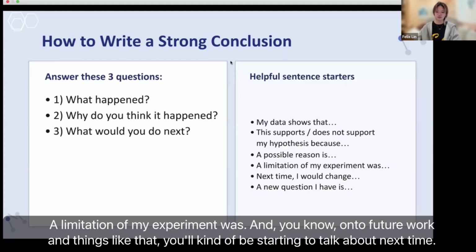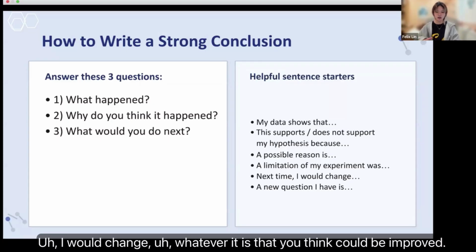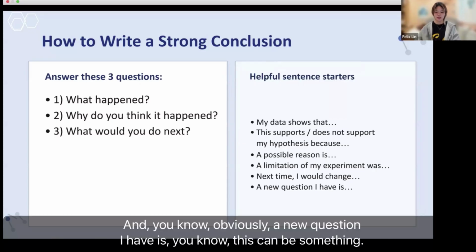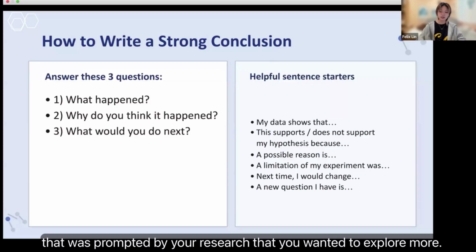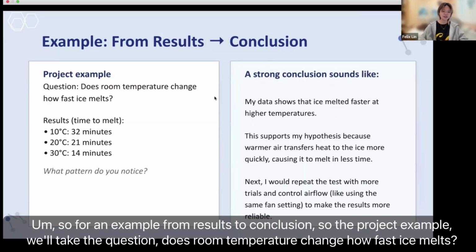A limitation of my experiment was, and onto future work, you would start to talk about that next time. I would change whatever it is that you think could be improved. And a new question I have is, this can be something prompted by your research that you wanted to explore more. So for an example from results to conclusion, the project example will take the question,